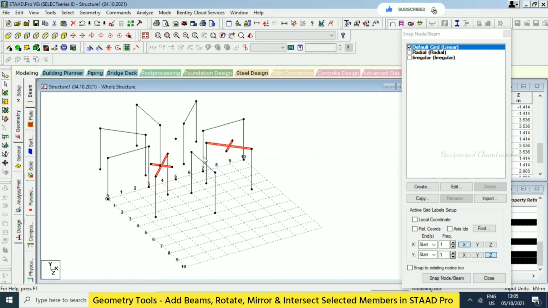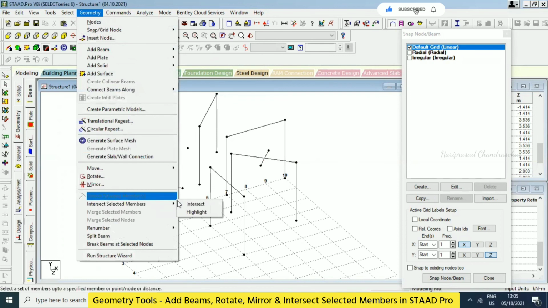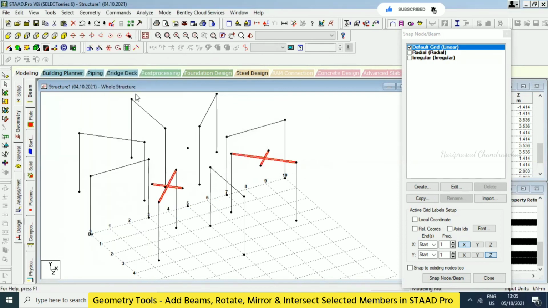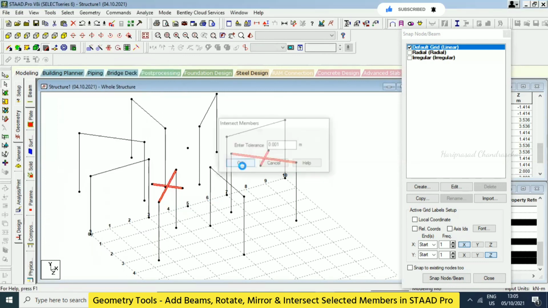Because in a big structure, it is very difficult for you to manually zoom and see. Then the highlight option will be helpful. So geometry, highlight, it will be highlighting. Then geometry, intersect, it will be intersecting. 4 new beams created.